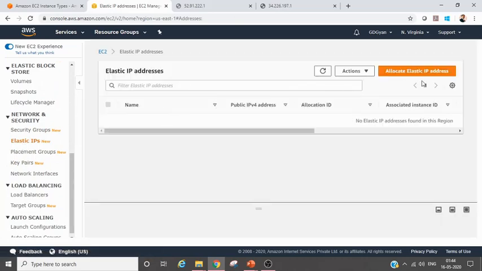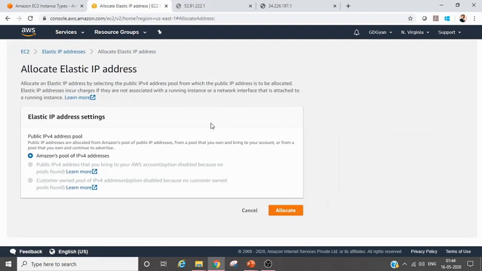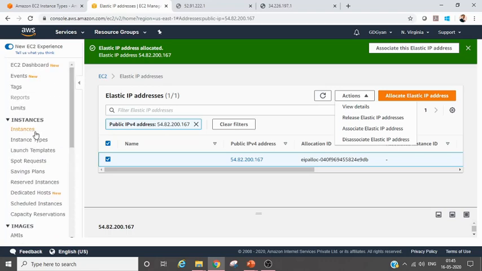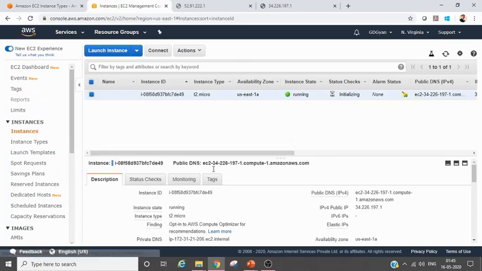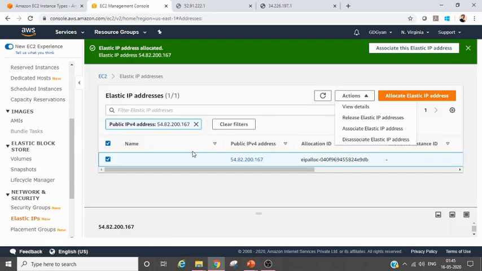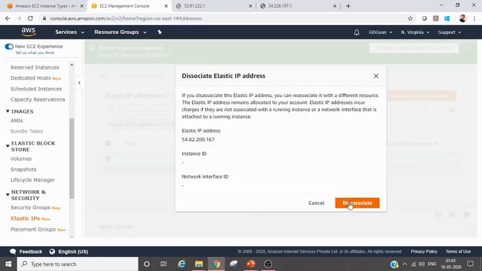Remember, it gets associated with a charge. So if you allocate this one, I think you can get 5 elastic IPs. So be very cautious using the elastic IP that you are using. Let's go back to EC2 instance and see what instances are there. So you understand, let me go back. I think the elastic IP is created or not. If created, let me delete that. So disassociated elastic IP. Yeah, that's good.